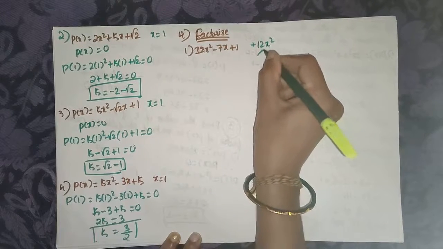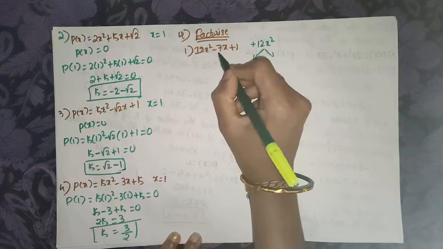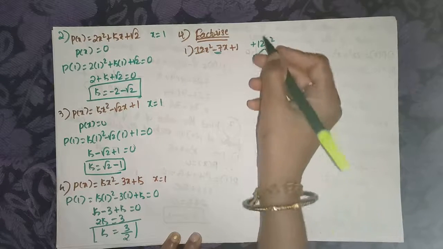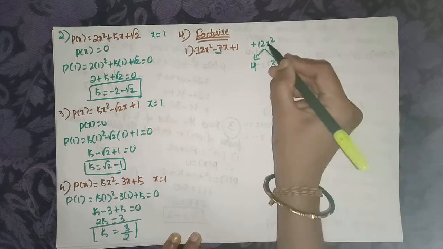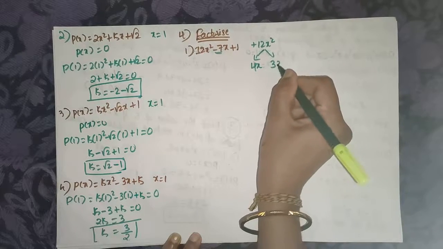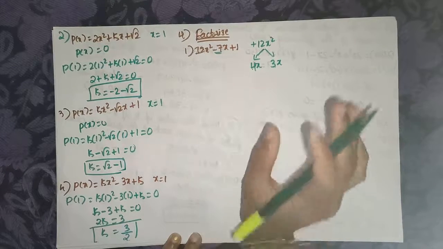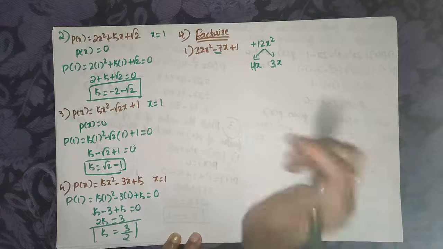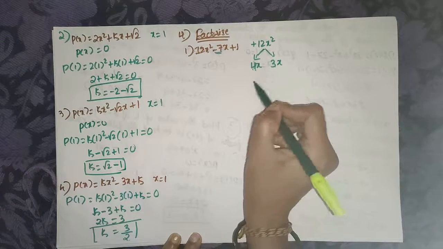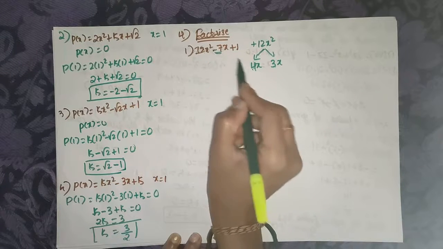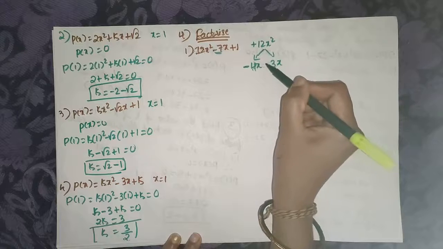So in which table does 12 come, and the sum of those two must be equal to 7? So we know generally this is 4 times 3 is 12. The x square can be done as x, 4 plus 3 is 7 here. Then just how to write down the signs. Here it is a minus sign. So in both of these, 4 is greater. So just write down the sign on the greater one. Then minus into plus is minus.